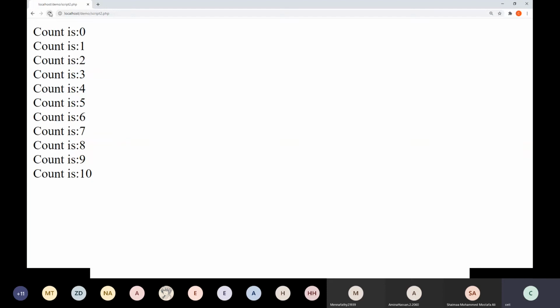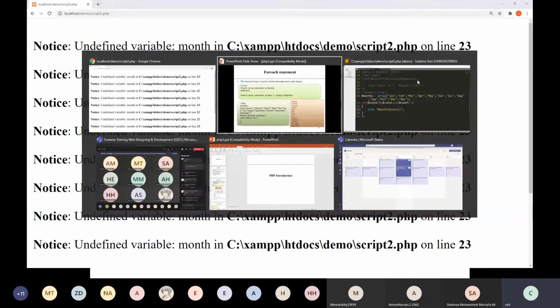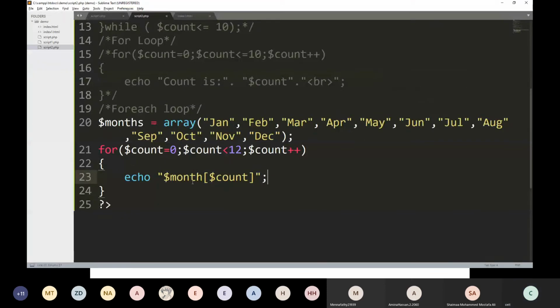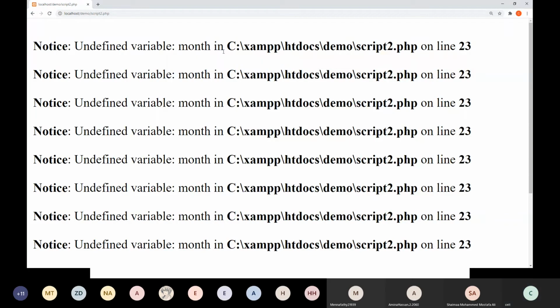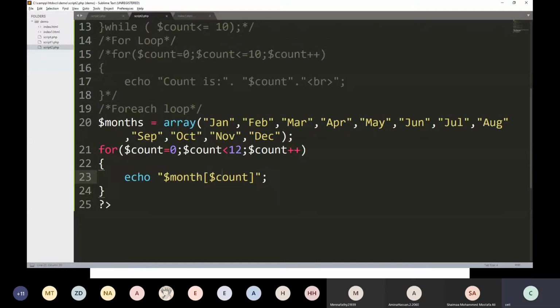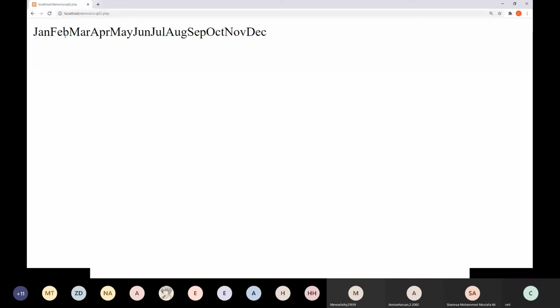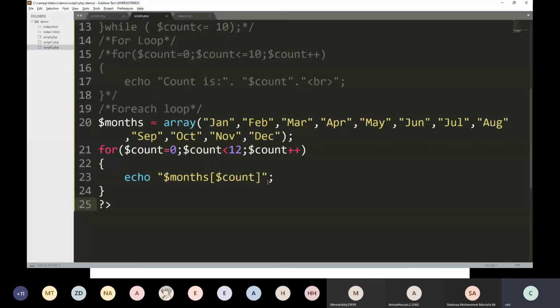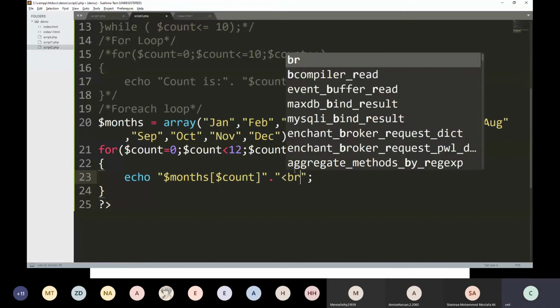Then we'll see what happened. This is months. It's printing Jan to December. If you want the line break, then you can write BR.